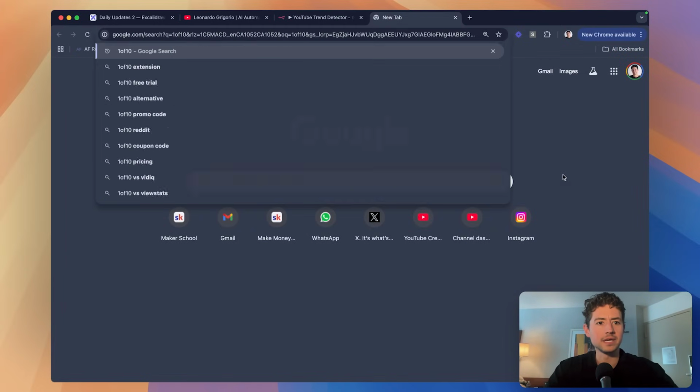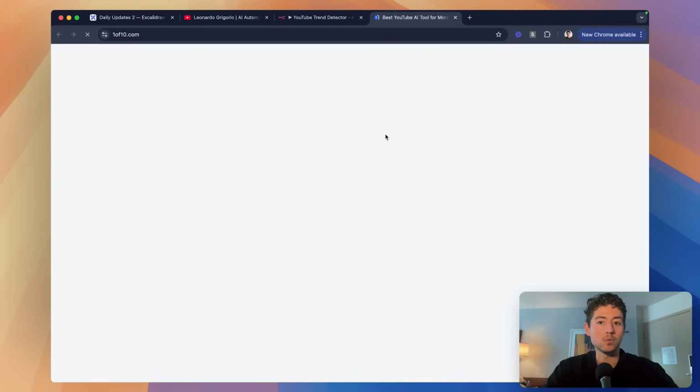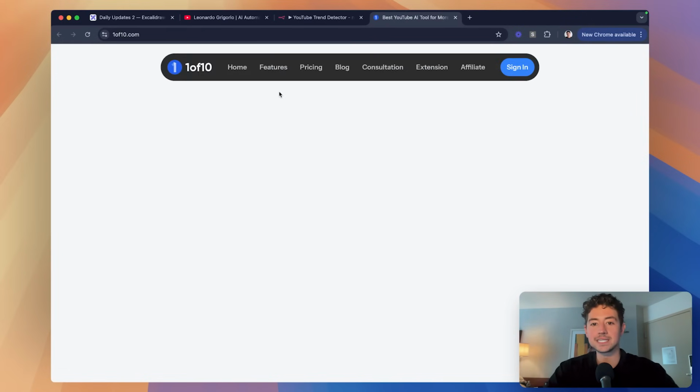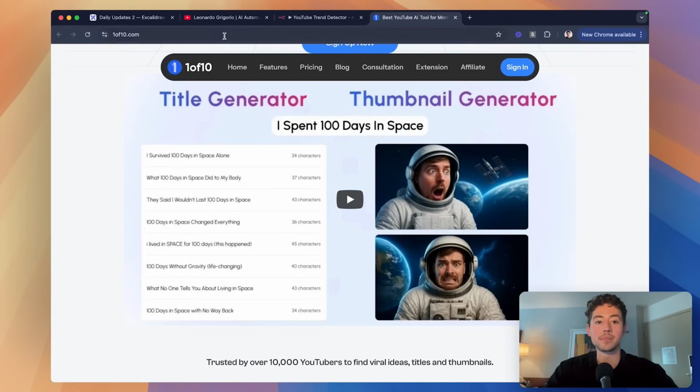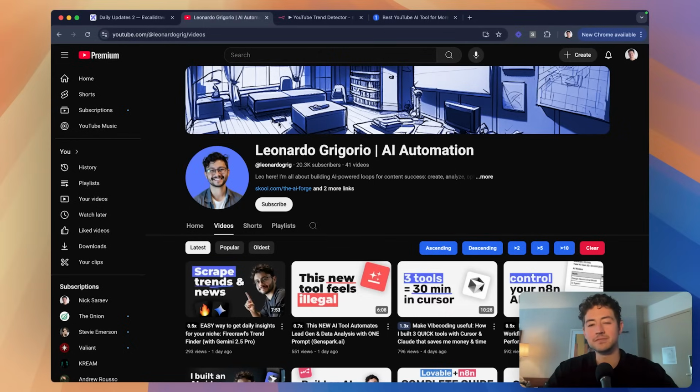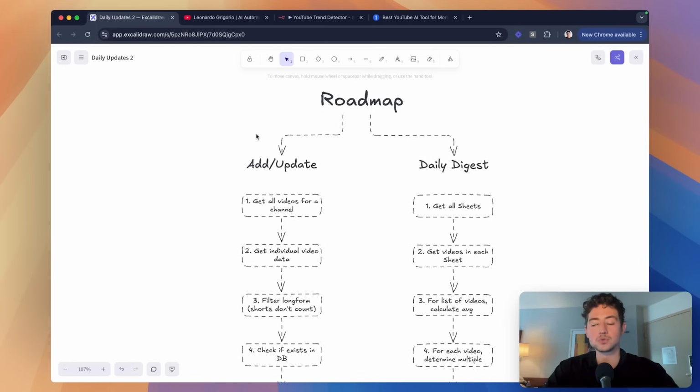And I believe he got his idea from this website here, 1of10, which basically does all this stuff in the background, and it's like a SaaS product. And the idea is we're going to rebuild or recreate a lot of the same functionality of this app and then Leonardo's, except instead of using, in his specific case, I think it was SQL, I'm just going to do it all inside of a Google Sheet